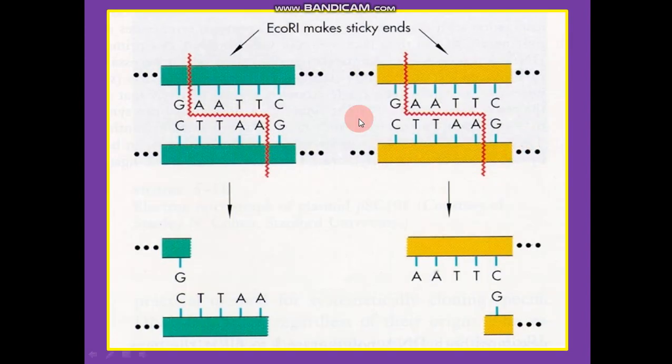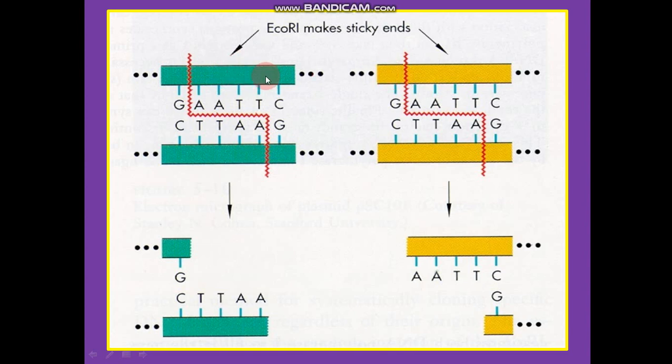Let us now understand about EcoR1, most commonly used, because they are also producing sticky ends. How are they working? I told you to remember this sequence, GAATTC. EcoR1 is acting in between G and A, and the sequence which they recognize is GAATTC, and the nick is produced in between G and A. So these two DNA have been taken. One is the host DNA and another is the gene of interest.